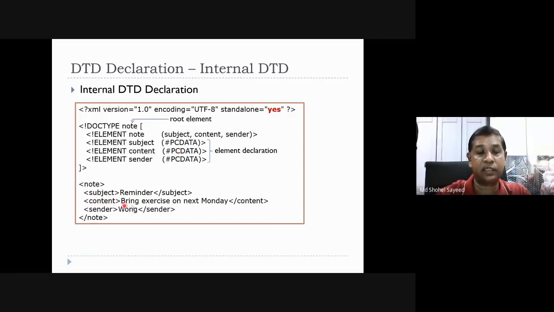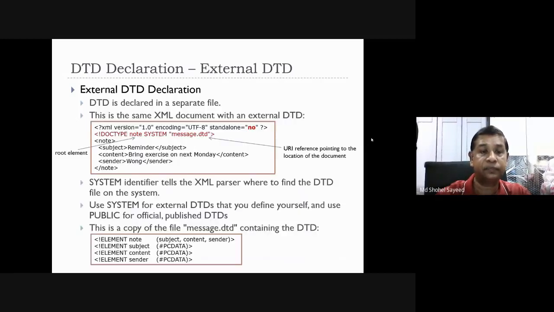Next one is the content. This is the start tag. This is: bring exercise on the next Monday. This is what we call the content, and the last one is the end tag of content. Sender, then content, sender end tag, and the last, the end tag of the note. Next,